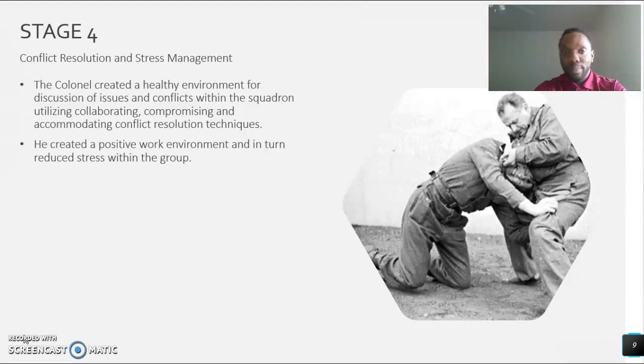Stage 4. As referenced in the background, it was a very high conflict situation. The fact that these men were going into war, different personalities, the stress of the times was extremely difficult. And stage 4 was the colonel being able to deal with conflict resolution as well as stress management. The colonel created a healthy environment for the discussion of issues and conflicts within the squadron, utilizing collaborating, compromising, and